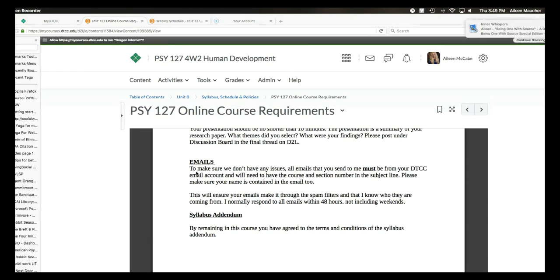And the reason why this is a departmental policy is because it ensures that your emails are actually going to make it through the spam filters, and I know exactly who the emails are coming from. So I typically respond to all emails within 48 hours, not including weekends.